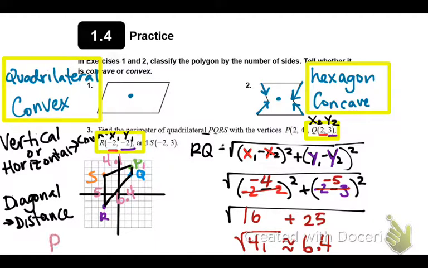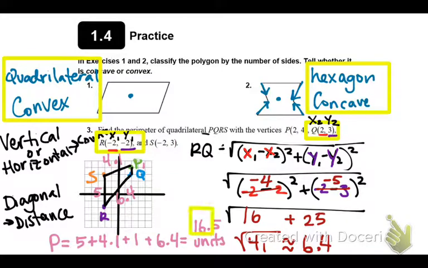So now we can actually find the perimeter. How do you find the perimeter of any shape? Add all the sides, right? So I'm just going to go around the shape. We've got 5. We've got 4.1. We've got 1. We've got 6.4. Add them together. We get 16.5 units. So if it's perimeter, you write units. And if it's area, you write units squared or square units. Same thing. All right, so